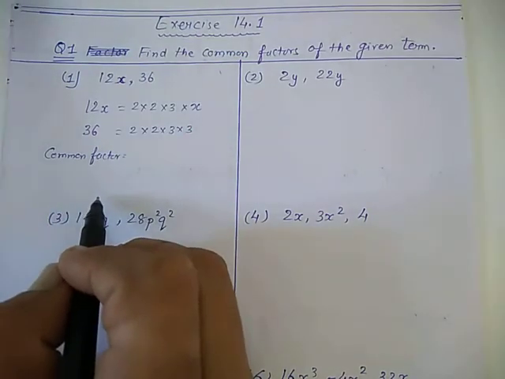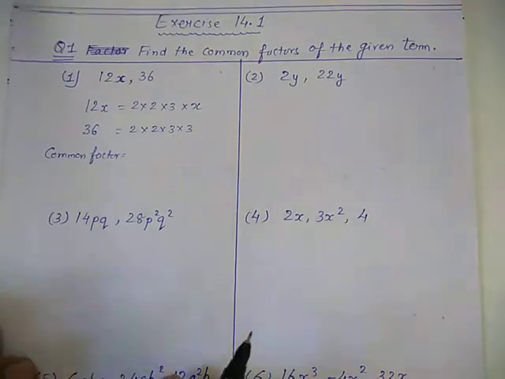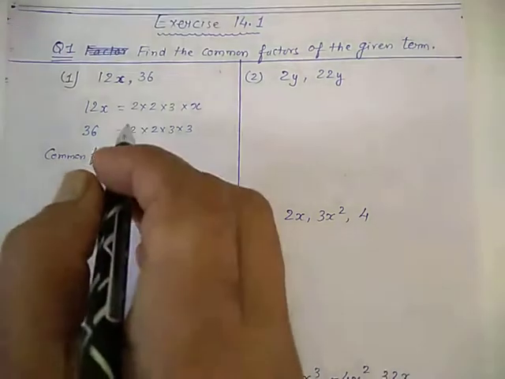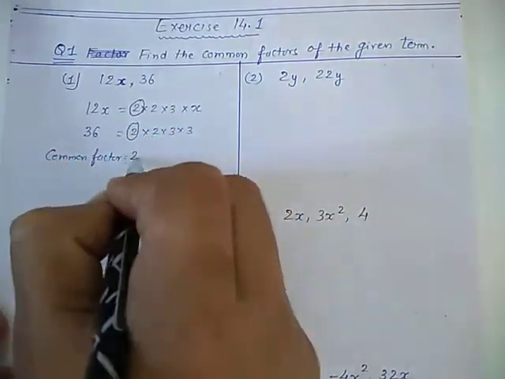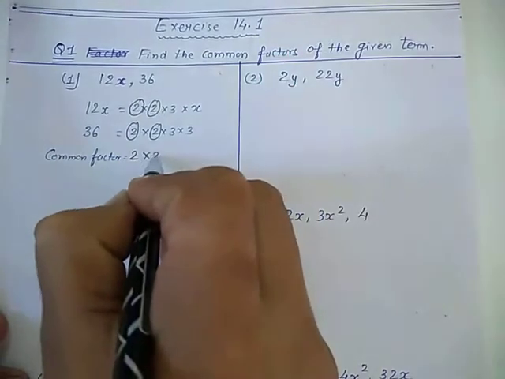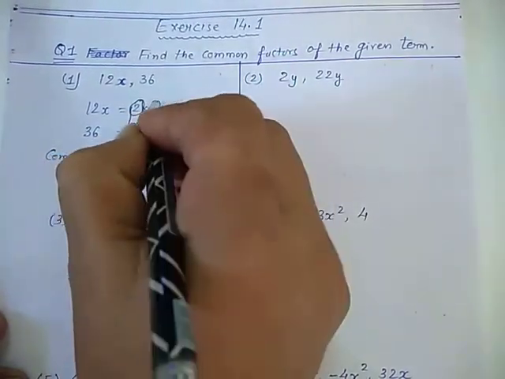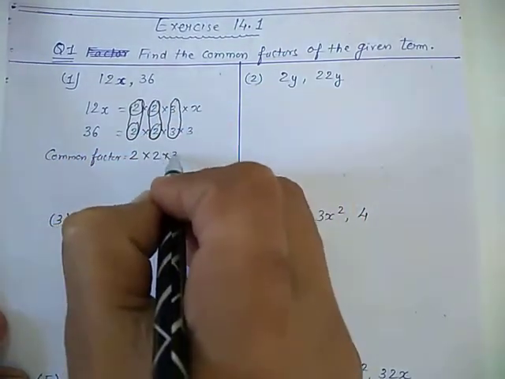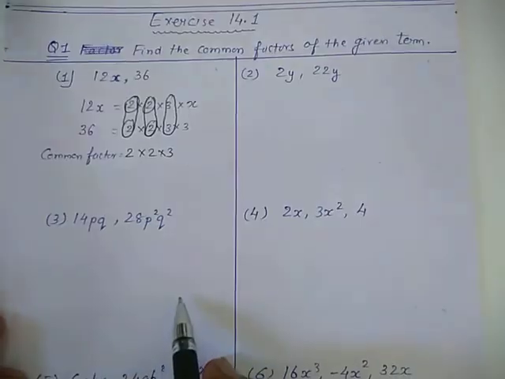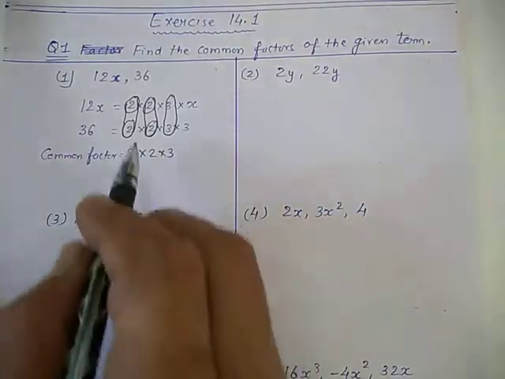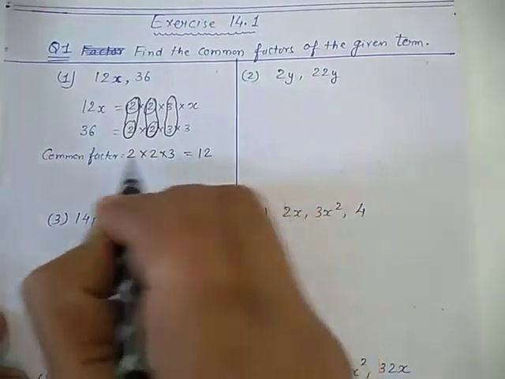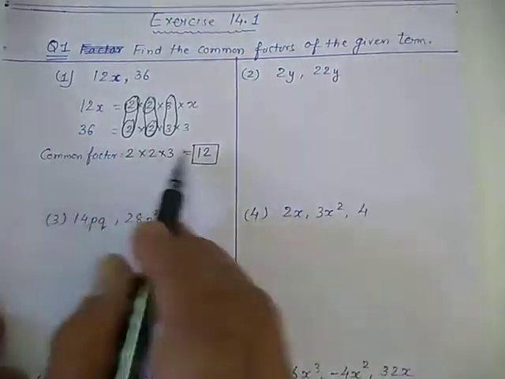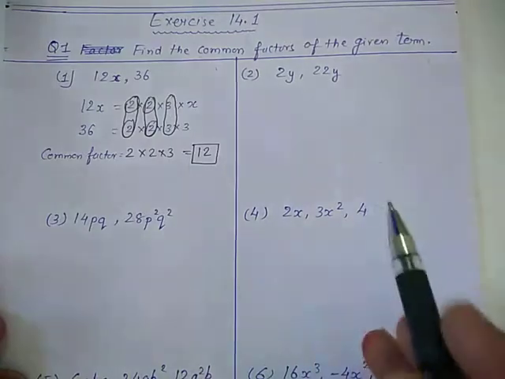Okay. So which are the common factors? You know it very well. Yes or no? Yes. So 2 is over here, here another 2. So we will write common for this. And these two are common, and this 3 is also common. Now here these two are not common, because here there is no 3 and here there is no x. So if you find the product of it, 2 2s are 4, 4 3s are 12. So 12 is a common factor for these two terms given over here.